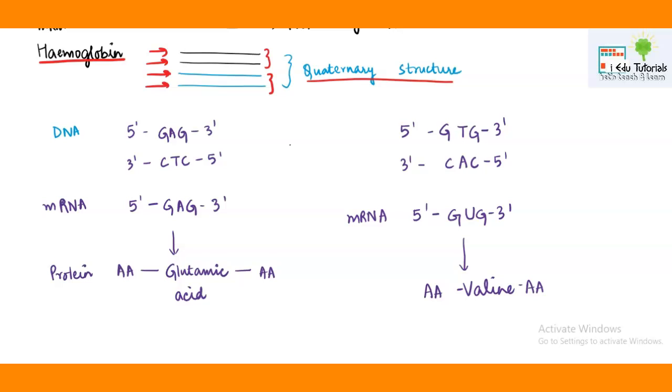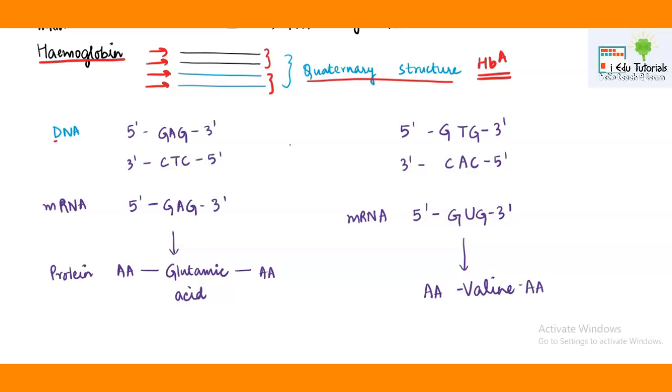This we have studied in detail in grade 11, that a protein can exhibit 3 structures, primary, secondary and tertiary, if it is made up of 1 polypeptide, and if it is made up of more than 1 polypeptide, then it exhibits quaternary structure. So, hemoglobin in our body exhibits quaternary structure. Now these chains are hemoglobin A chain or hemoglobin B chain. Problem arises in the hemoglobin A chain in sickle cell anemia.